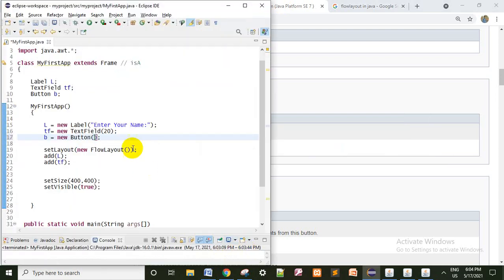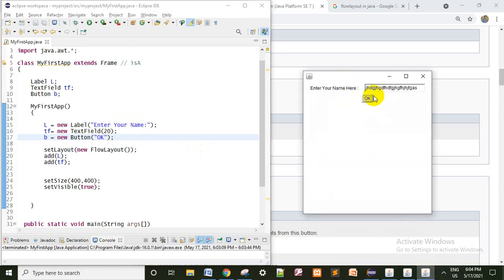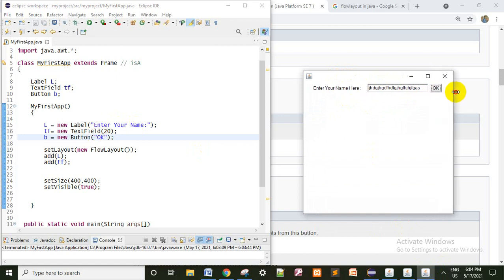Within the button constructor, I am passing the name of the button, Click or OK, whatever you can give. Then save. As we see, we need to create it like this: after the label, the text field is there, and after the text field the OK button is there.